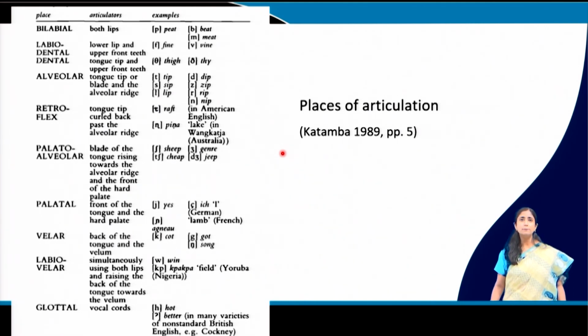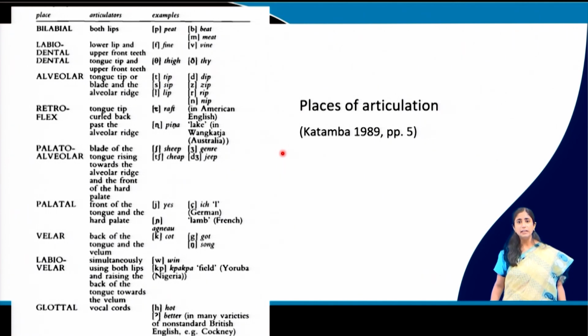You can see the examples here, peat, beat. Labiodental, as I mentioned, involves the lower lip and the upper teeth. We have fur. Please do not confuse fur with purr. Purr is a bilabial sound where we are using two of our lips and saying purr, purr, purr. How is purr different from fur? I will come to that, but labiodental is lower lip and teeth, and then we are saying fur.